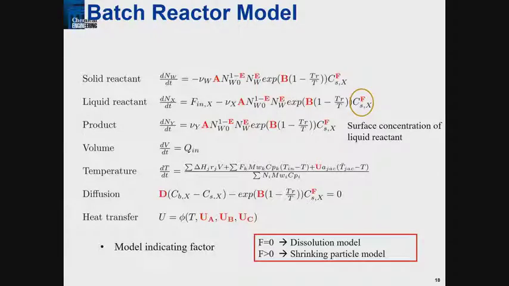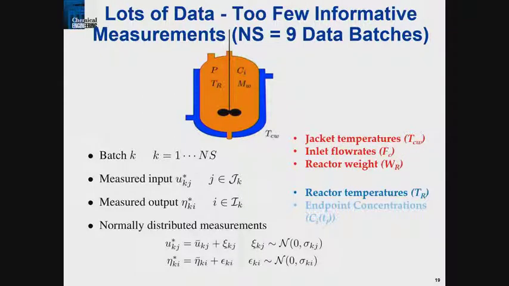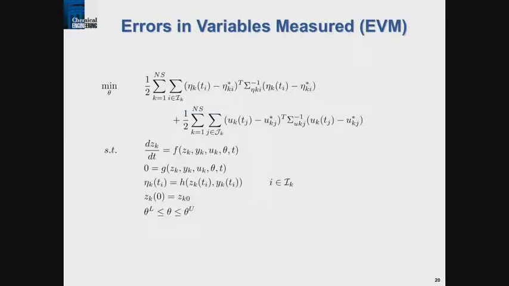The energy balance over here tells us something about the overall rate expressions here in this term and how much heat is being removed with a parameter over there. And that's about all we have, except for some endpoint data. When the reactor is done working, we can see what the product has. That's it. Okay, so we got lots of data, tons of data, but not very informative. Okay, so that's the problem we faced.